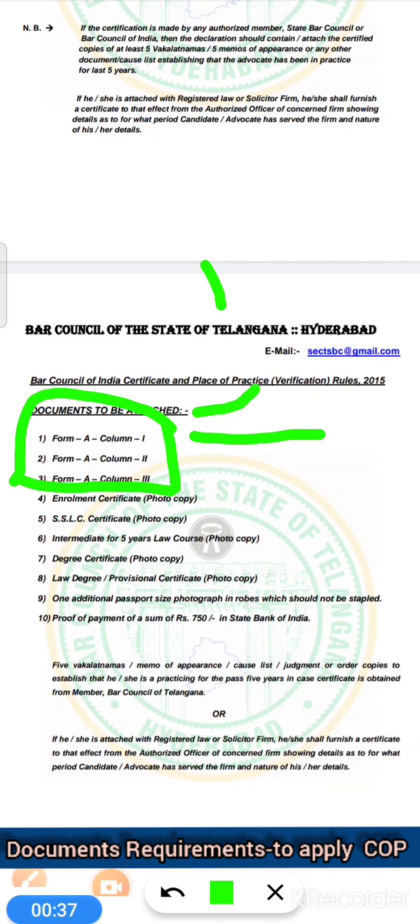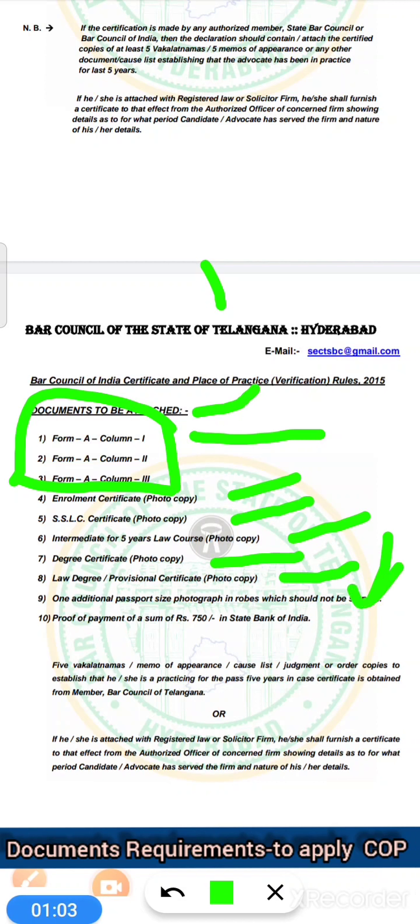Before that, this document, the enrollment certificate, is the primary document to attach. This is the SSC certificate, the intermediate certificate, the degree certificate of 3 or 5 years, and the law provisional certificate issued by the college. One more passport size photograph in robes, and proof of payment of a sum of rupees 750. This is the challan we need to pay at SBI bank, which is situated on the first floor in the Bar Council office. It is very easy for them. And about this one,